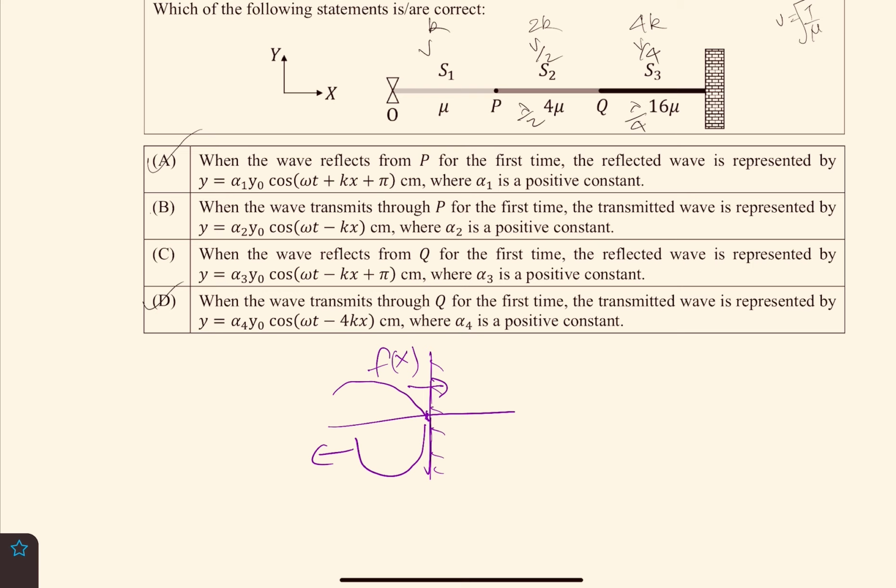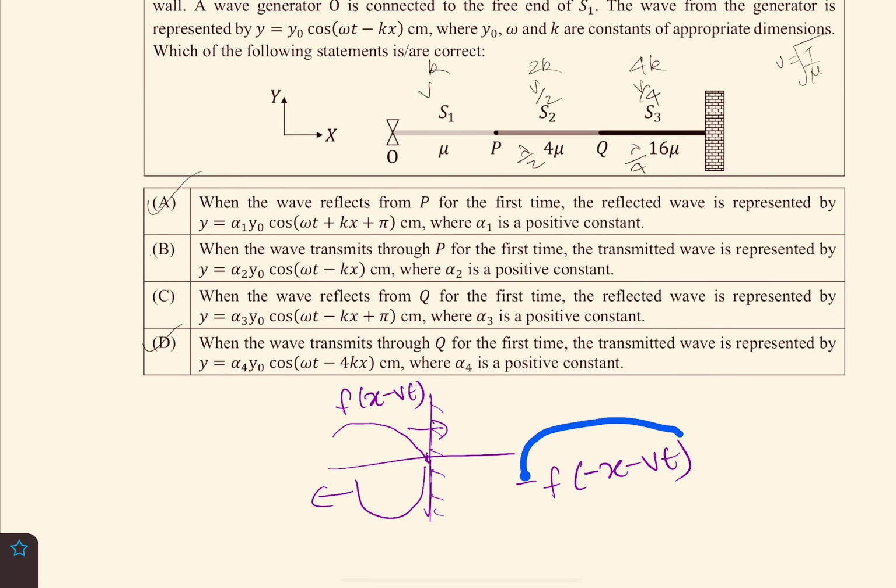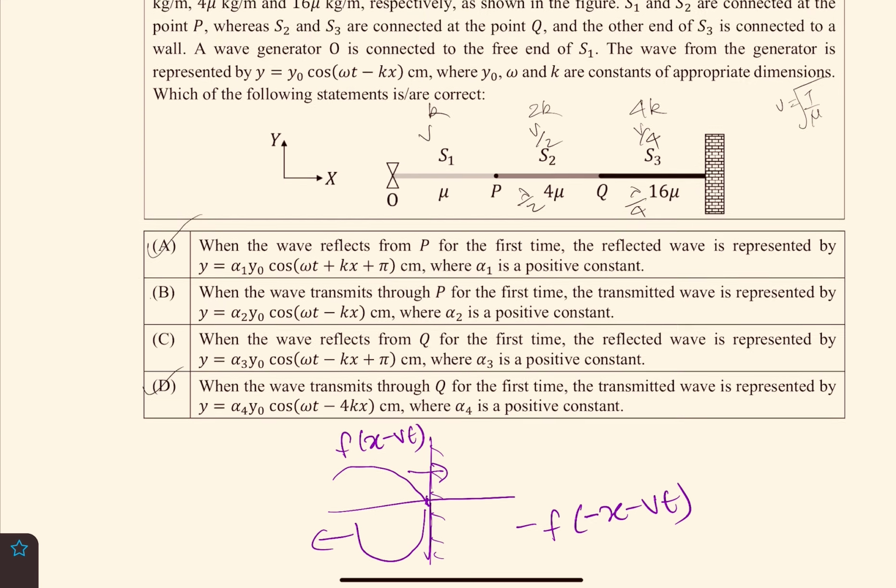So the initial wave which was coming over here, if it was f of x minus vt, then the reflected wave that we get should be minus f of minus x minus vt. Minus x replaces x because you are reflecting about the y-axis, and minus outside because it has to be inverted, so it has to be reflected about the x-axis as well. Using this idea, we get options A and D, but there is a bit of confusion here,